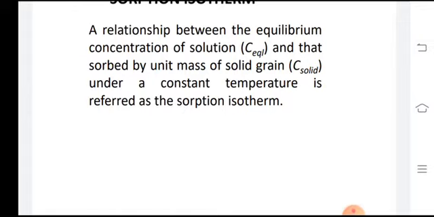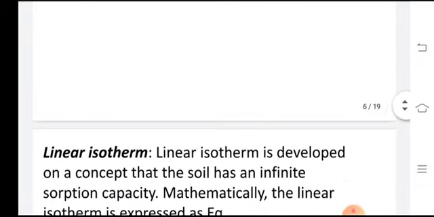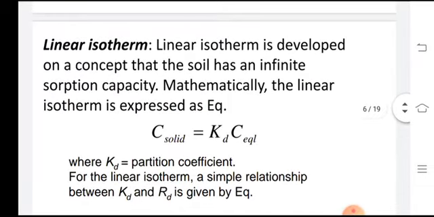So our physical properties are considered constant. We are not changing our density of water or density of the medium or humidity or moisture content. Any such thing is not being considered to change because we are considering a constant temperature. So under these conditions we will be developing equations for the equilibrium. First of all, starting with the linear isotherm, this is the simplest assumption and